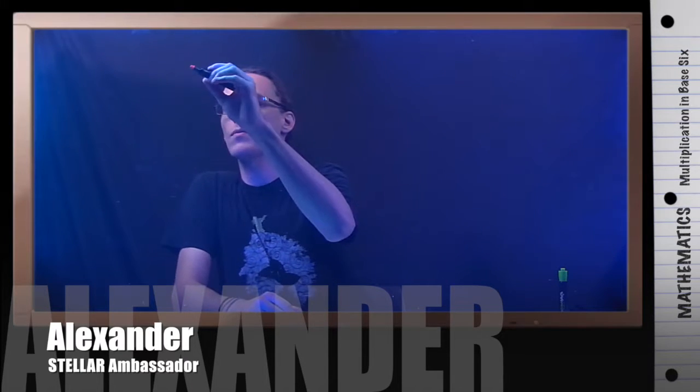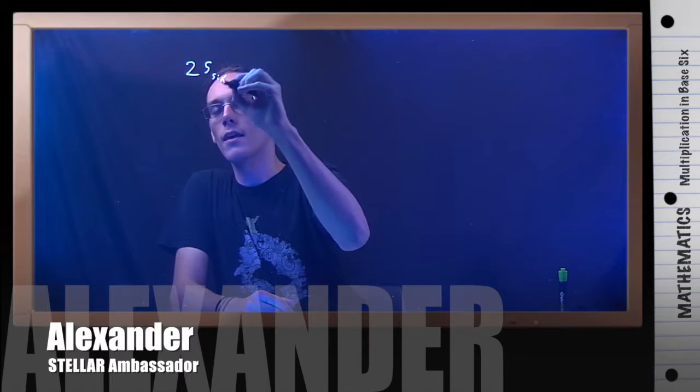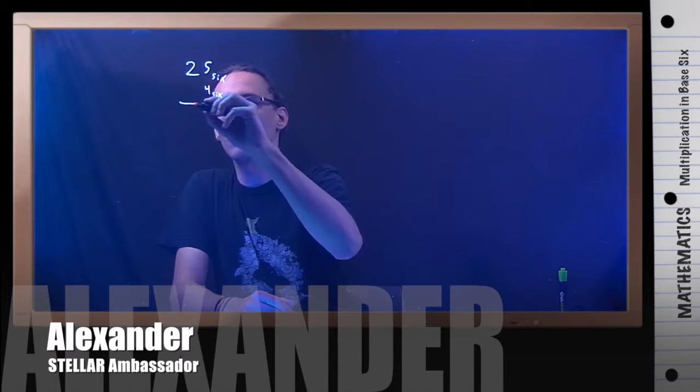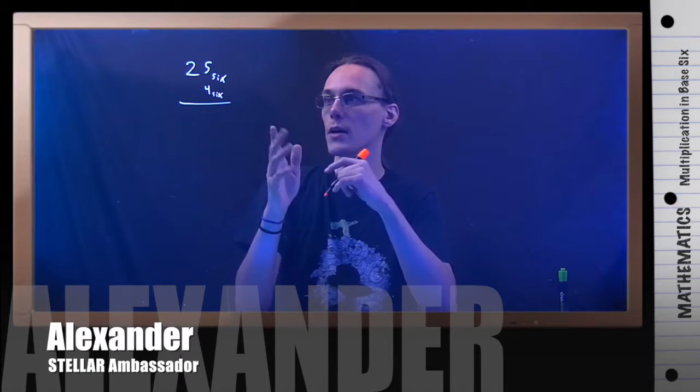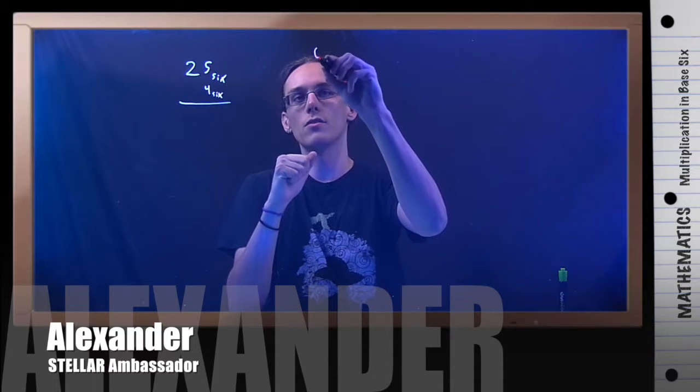So in this example, we're going to be multiplying two base 6 numbers. These two base 6 numbers we're going to be multiplying are 2 5 and 4. Just as a quick reminder, base 6 means we only have 6 symbols, and they are 0,